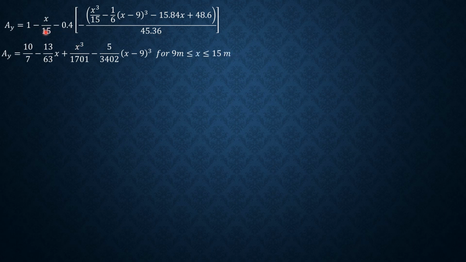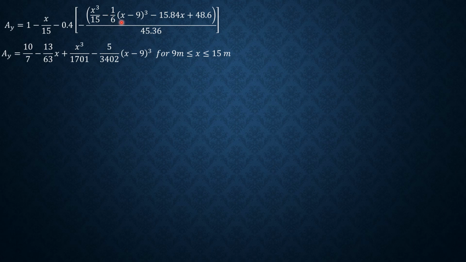Then minus 1 over 15, the net result is negative 13 over 63x. For this cubic expression, negative of x cubed over 15 divided by 45.36 is negative, times negative 0.4, so positive, and it is x cubed over 1708. Then from 9 to 15, we include negative of negative 16